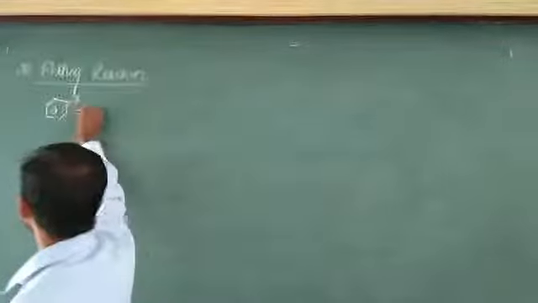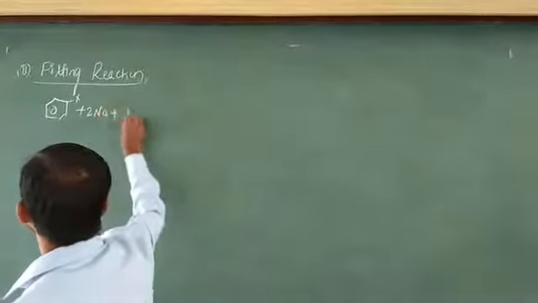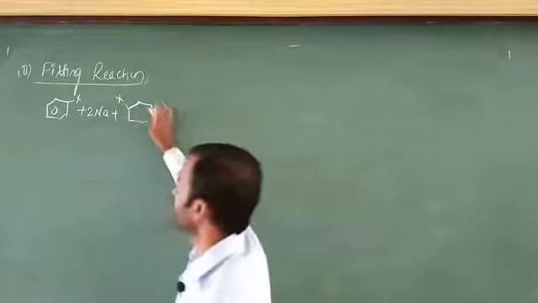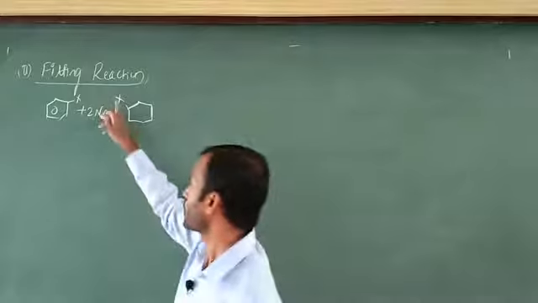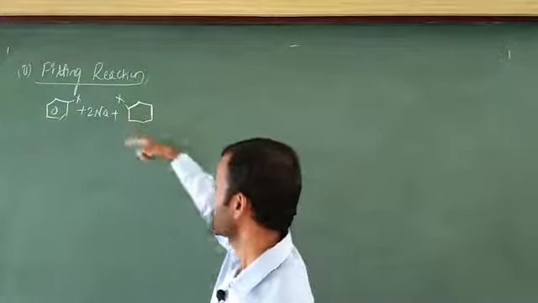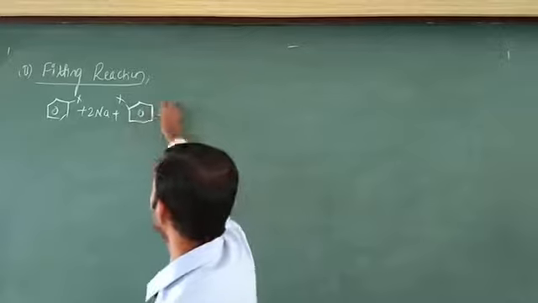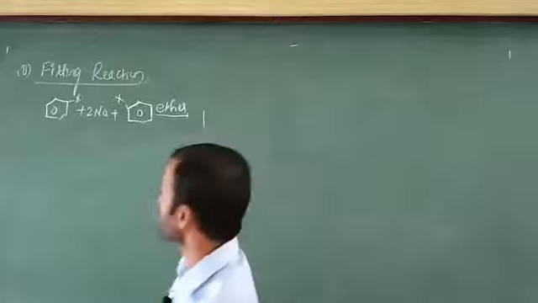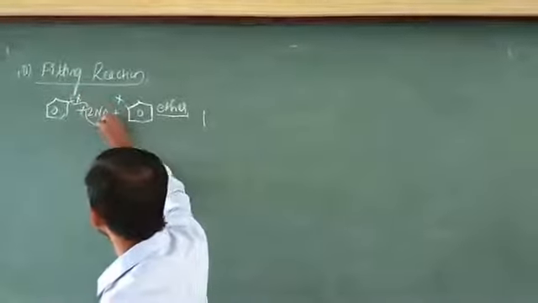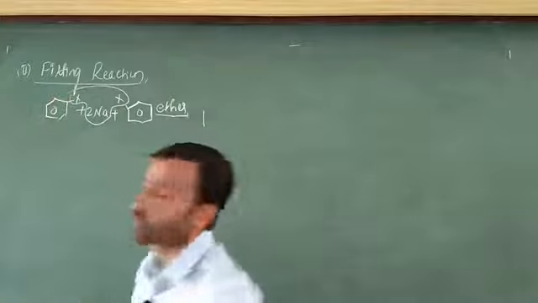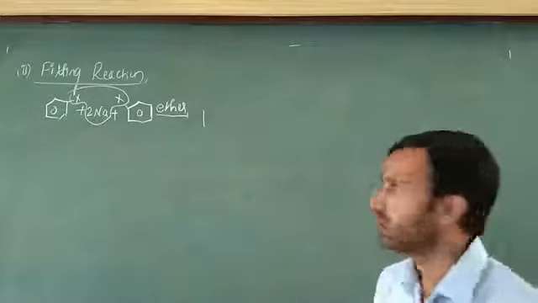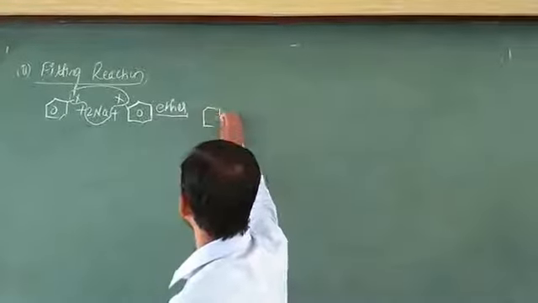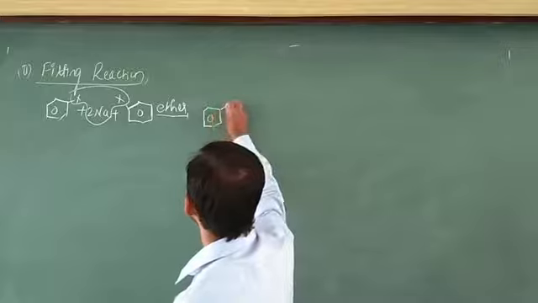Next, this reacts with 2 moles of sodium. In this case I am going to write like this. If you want you can write here, no problem. I wrote like this because it is very easy to eliminate. You have to write the bond. After that, in the presence of ether there is a formation of product, and you have to eliminate these things. 2 moles of NaX will go out. Finally what is left is 2 benzene rings, one like this, another one written like this.